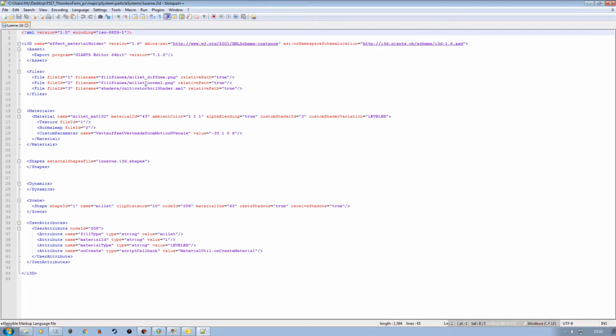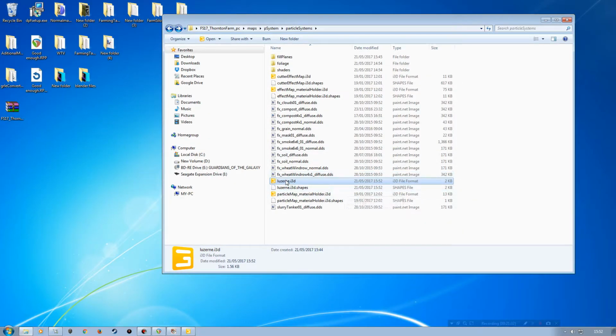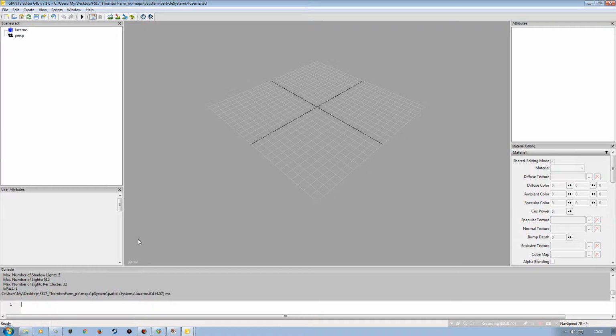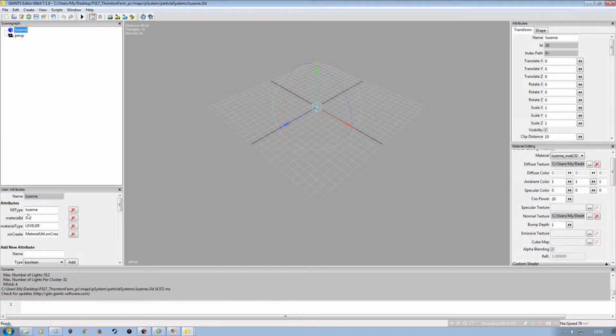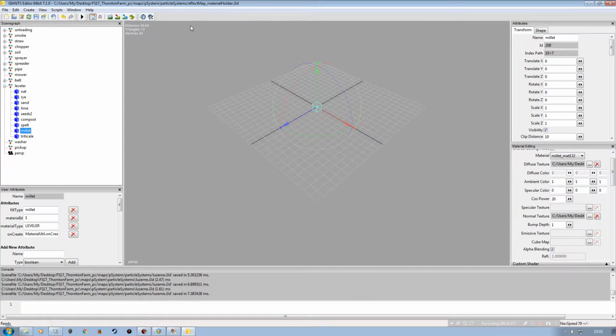open in Notepad++, I need to change these again, change everything to do with millet, so do that, millet, and again there, make sure we've got more this time, hopefully, looks good, save, close, again open it in Giants Editor just to make sure, no errors, just double check, field type is correct, yep, close it down, go back into our material holder for